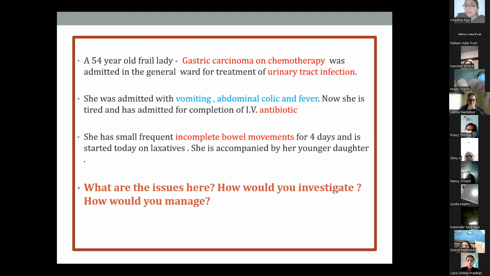Another clue over here, if you look, is that she's been admitted in the general ward. And who is there to help her? Her younger daughter. So how much is the younger daughter able to take her to the washroom in the ward? Or is she being given a bedpan or something and asked to pass bowels in the bed itself? We are not sure. Okay, so all these can be different reasons which are leading on to that. Yes, and Casimiro also says it would probably be an obstruction for all you know.